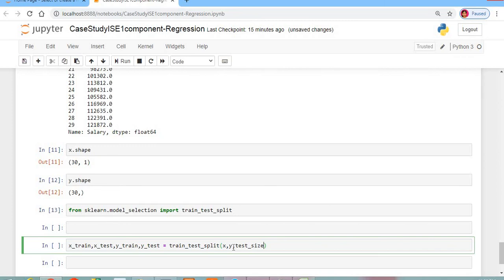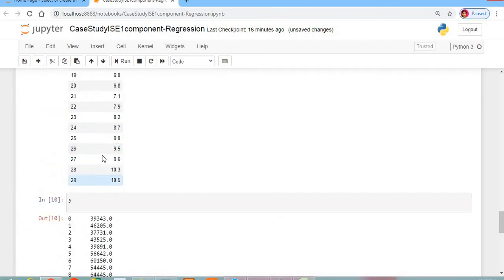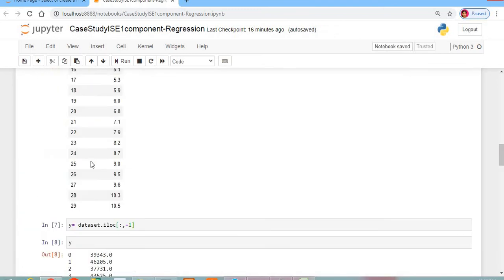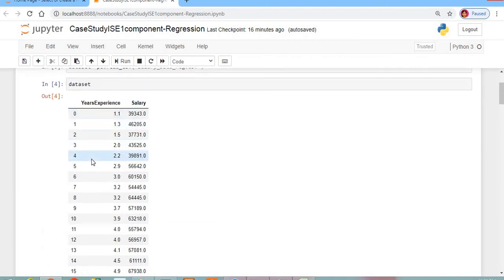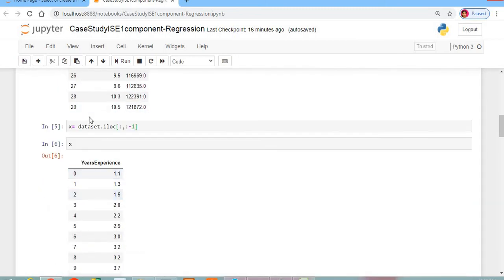So training has to be perfect. Training has to be done perfectly. Even nowadays, whenever we talk to our students, if a lot of training is given to the students, they will be perfect, right? So likewise, now we will be deciding the testing size. Testing size will be 1 divided by 3. 1 divided by 3 means what? See, what is the total number of records? 30. The total number of records are from 0 to 29. 0 to 29 means 30 records are there.